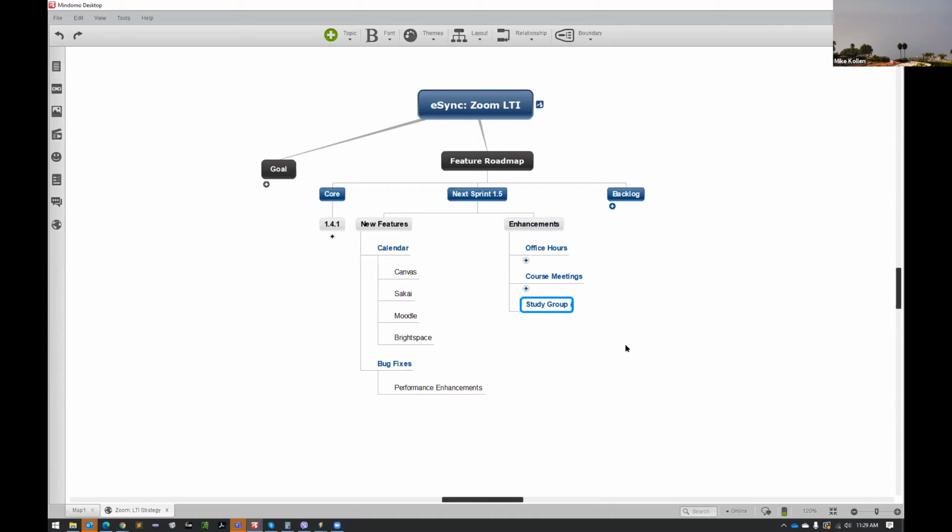So study groups were designed to behave in one of two ways. Either you're a student who wants to form their own study group and invite other students to the study group. Pre-corona, that was basically like the Starbucks example. You want to have a study group at Starbucks, and you'd rather meet virtually, or at Yale, people had crazy schedules and snow and whatever, and they wanted to form their own virtual study group. So that was the intent, where it was student-based, where they're inviting other people from the class to join their